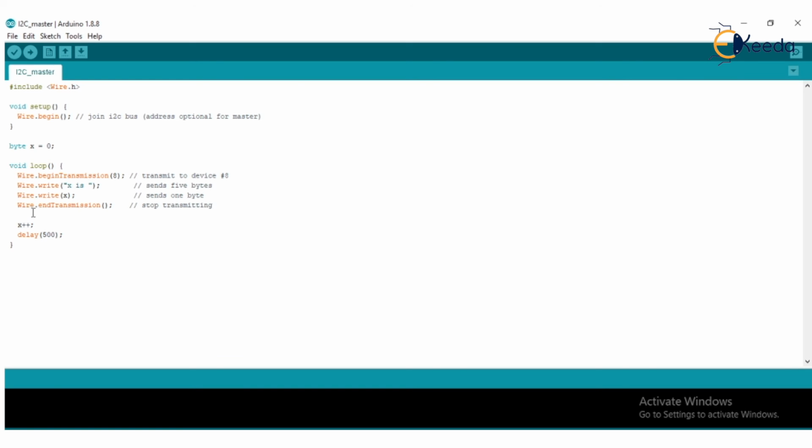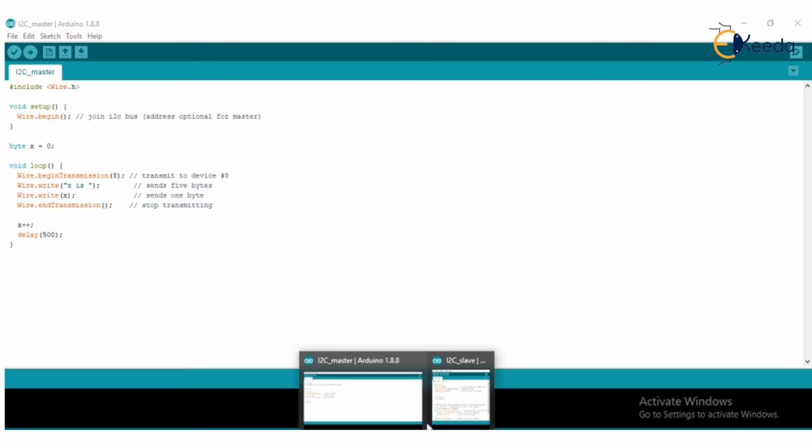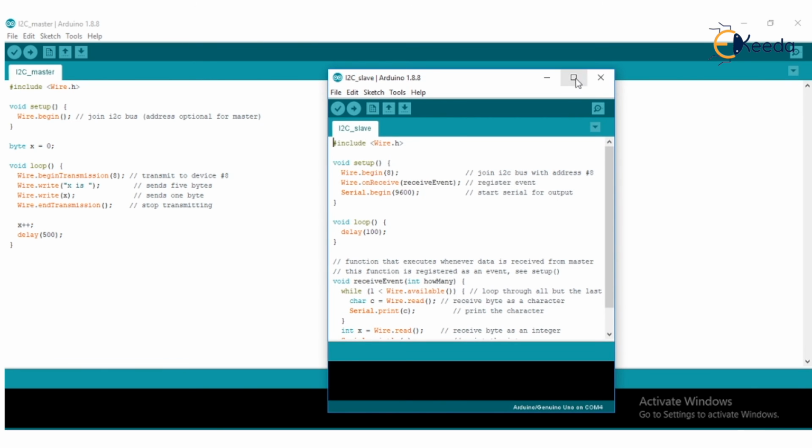So one by one the characters get sent. Once the total number of characters we are transmitting is done, the value gets incremented. Once it is done, we have some delay after each character and then repeat the program again. So this is how the I2C master program can be written, whereas the slave program needs to be initialized in the way